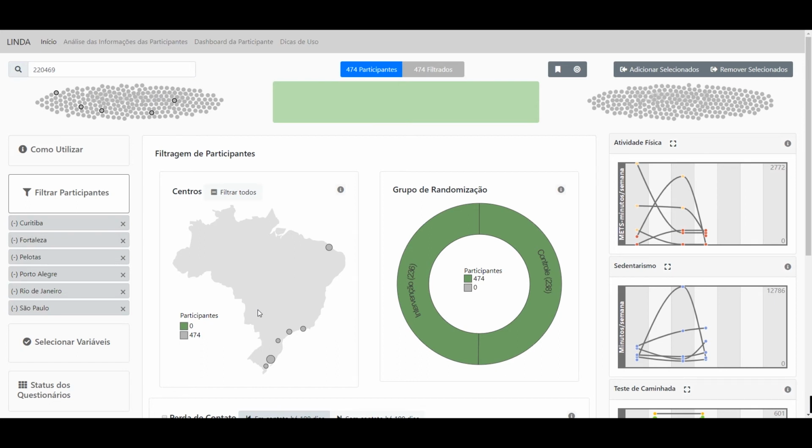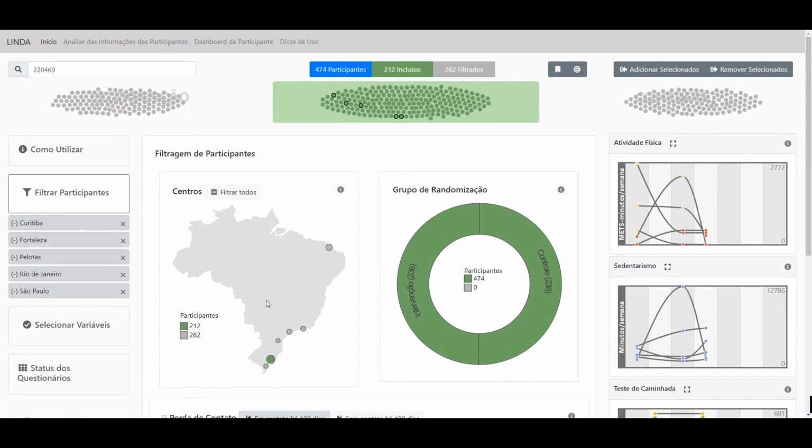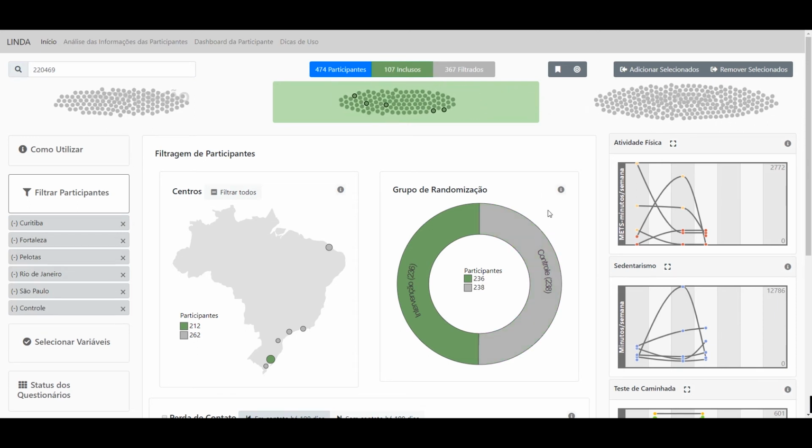Since A is only interested in viewing participants from Porto Alegre, she selects that city on the map. This will cause all participants from Porto Alegre to re-enter the center of the overview. She is also only interested in comparing participants belonging to the intervention group, so she deselects the portion of the chart representing the control group of participants. Now, participants that are from Porto Alegre but belong to the control group are moved out, to the right side